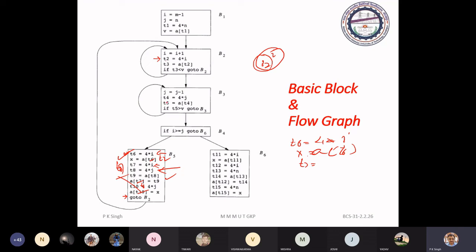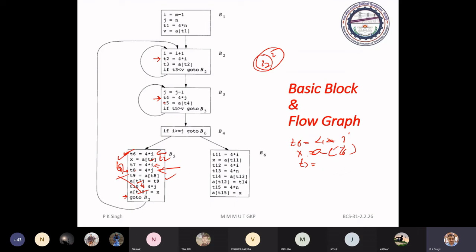Here you are computing T4. And here again you are computing T8. So this as well as this are the global common sub-expression. Okay. Similarly, T2 and T6 are the global common sub-expression. And you can remove it.